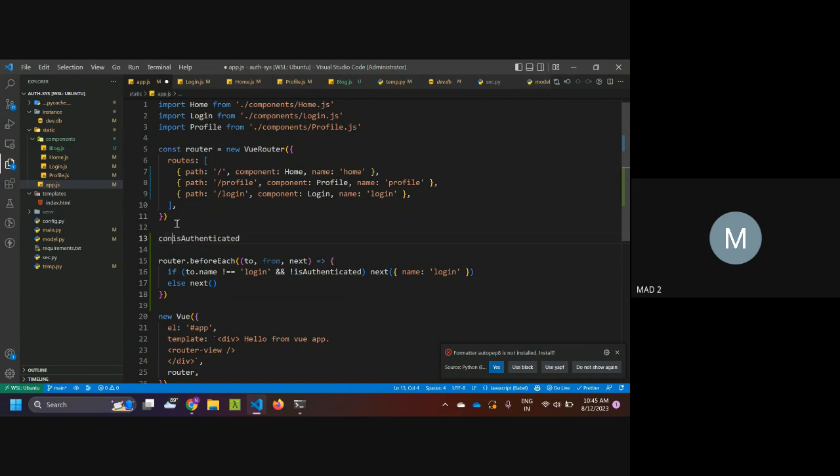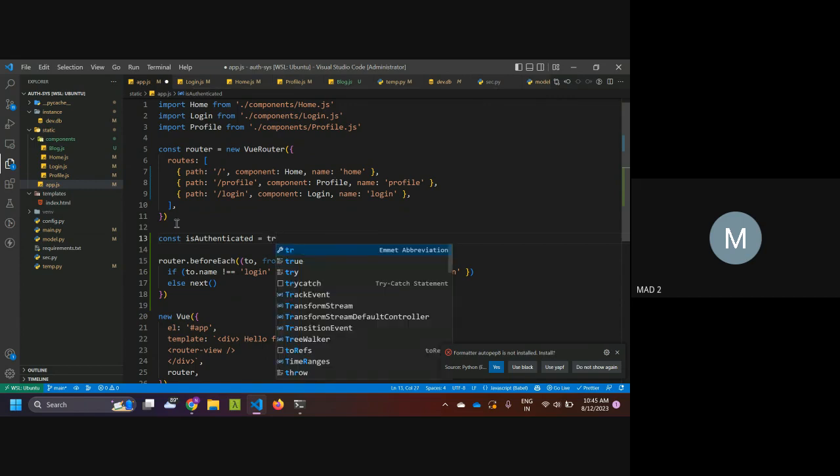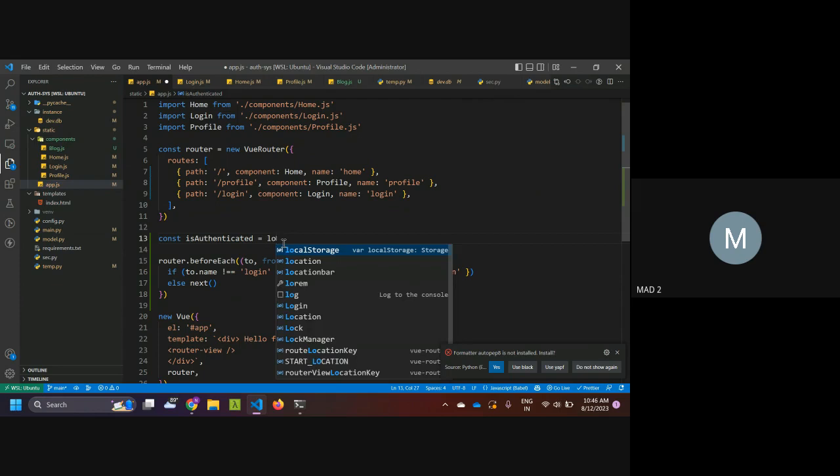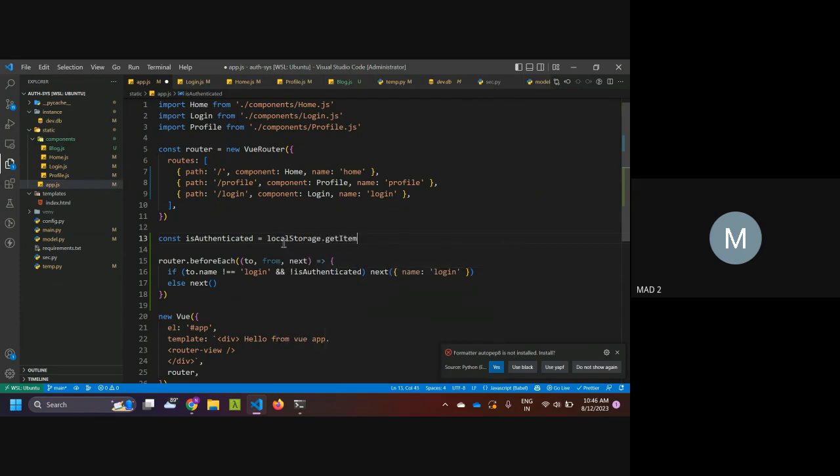It will be a const variable. Const is authenticated is equal to, what we'll do, we'll get the data from authentication from the local storage. localStorage.getItem auth token, and if this value is none, if there is nothing inside the auth token local storage, like if there is no key auth token inside the local storage, then we will,